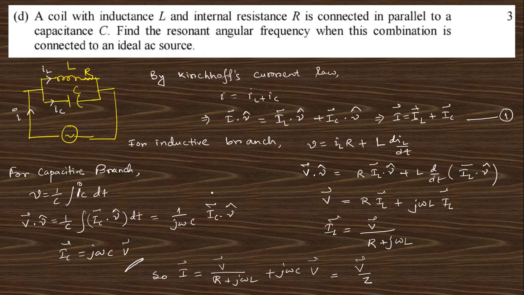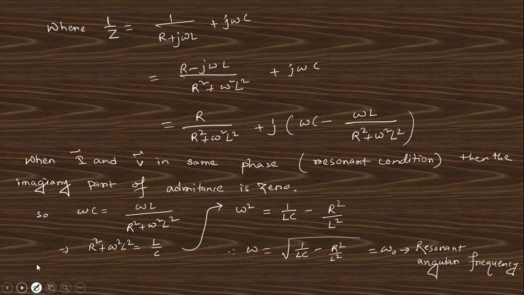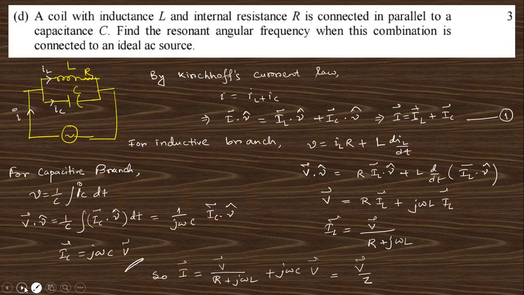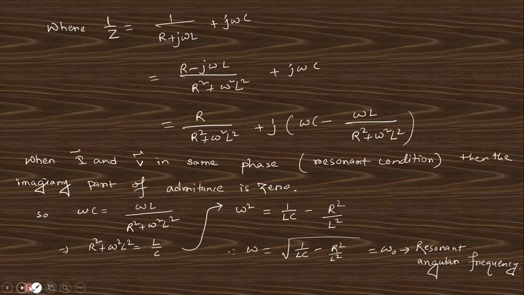Okay, so I_C equals j omega C into V. If you put these two expressions, finally you get this. So 1 by Z equals like that, and you can say here, find the resonant frequency. So this Z will be the resonant. When these two are equal, then the complex part will be 0. You can find out this complex resonant condition. When these two are equal, the complex part will be 0, and so finally you get this resonant frequency. Clear? Just do these things, you can easily find out.